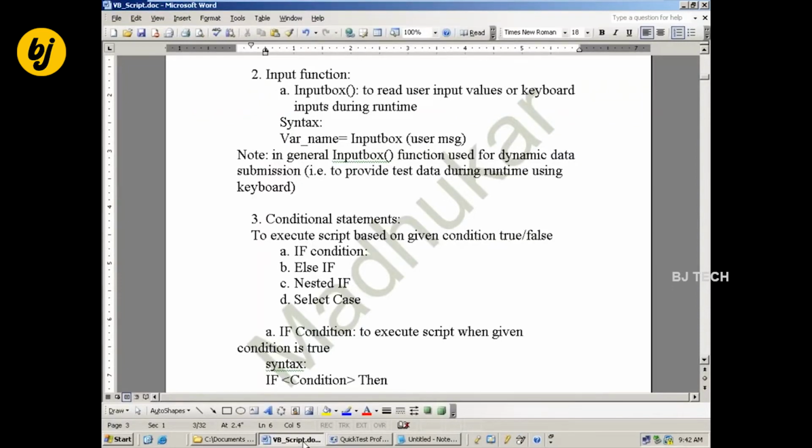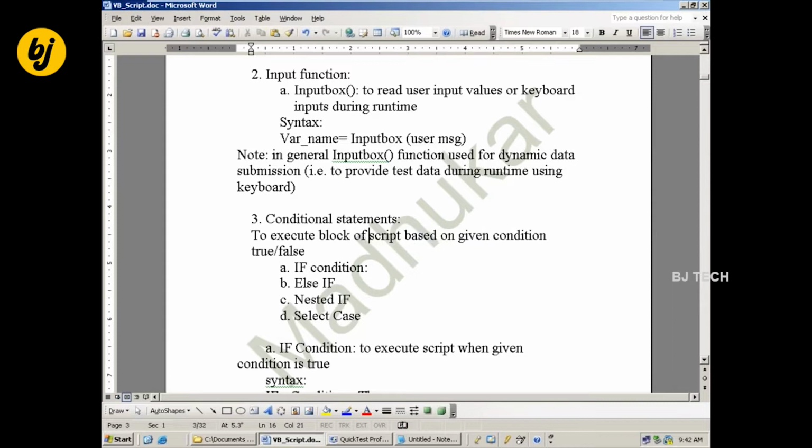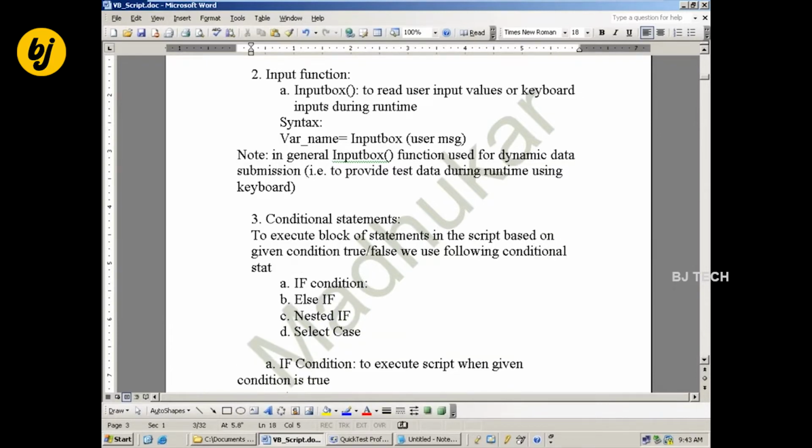The third topic: conditional statements. To execute a block of statements in the script based on a given condition being true or false, we use the following conditional statements.